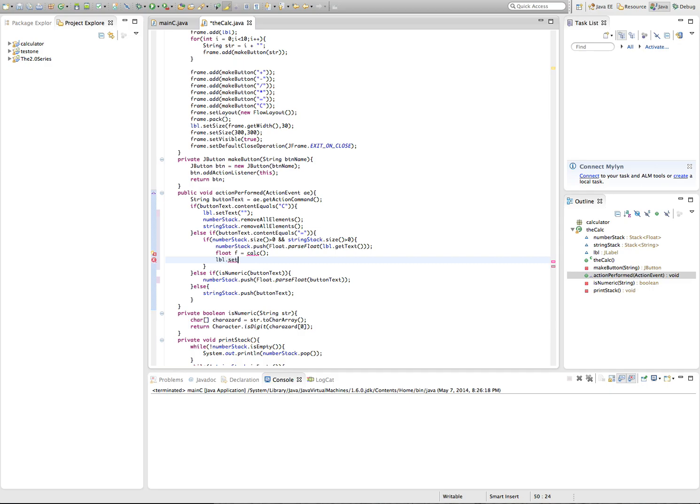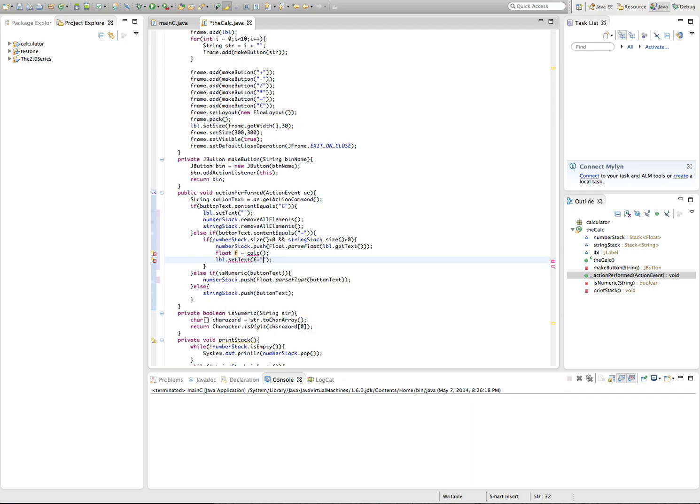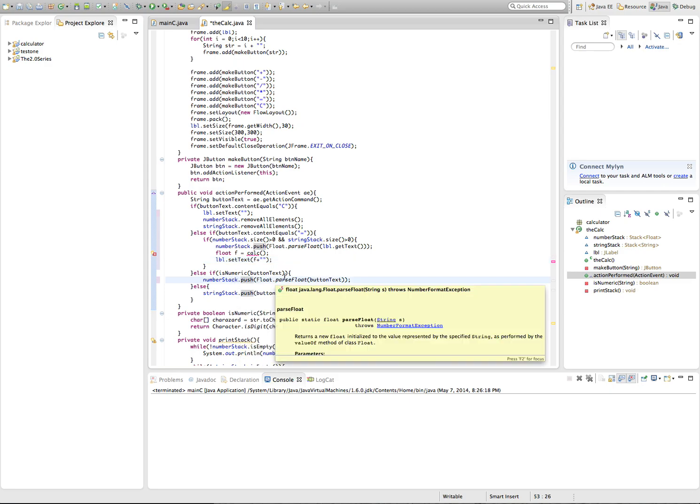And then we'll set the label's text to f plus open string, or blank string. And the reason you do f plus blank string is that when you do a string plus something else, it converts that to a string. So if you just try and do set text to the float, it's going to give us an error because it says, well, I can't set text to a float. You have to have a string. So when we add this blank string, it converts all that to a string, and we're able to set the text with that. Okay. Alright,